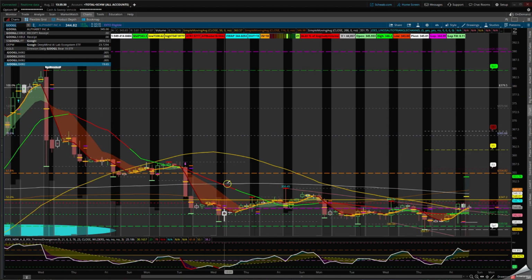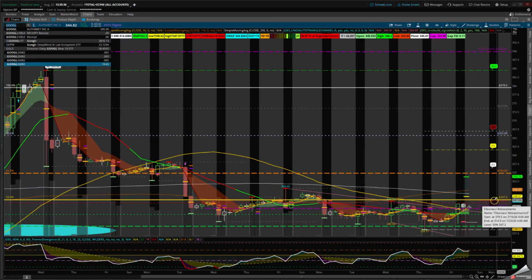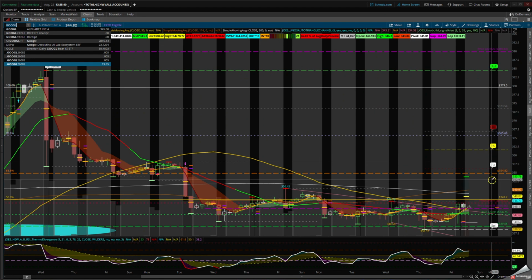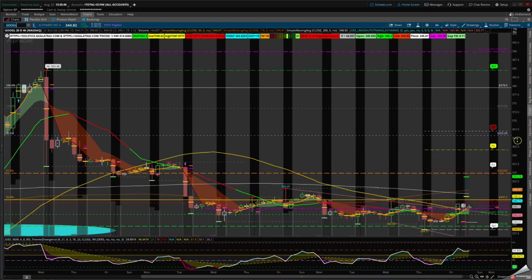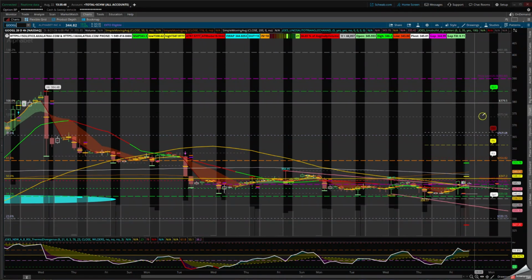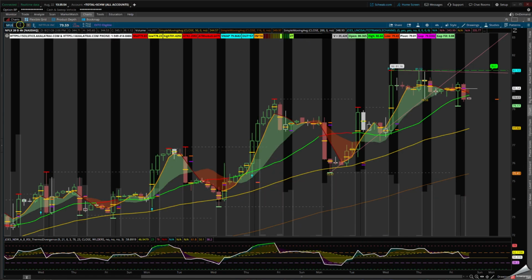You can see Google is consolidating for the last 6, 7 days. If I have potential, I am paying attention to that 147 and the expected move in case I rally back towards F3 and F5. That's a 38 and that's a 50%. And if I fall back down between the support and resistance, then I look for the extensions to the downside in Google. Let's take a look at NFLX because there are sector rotations.